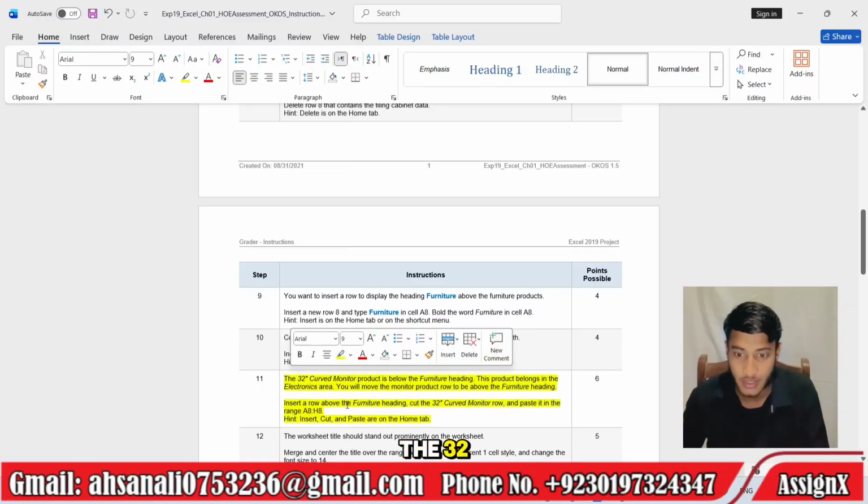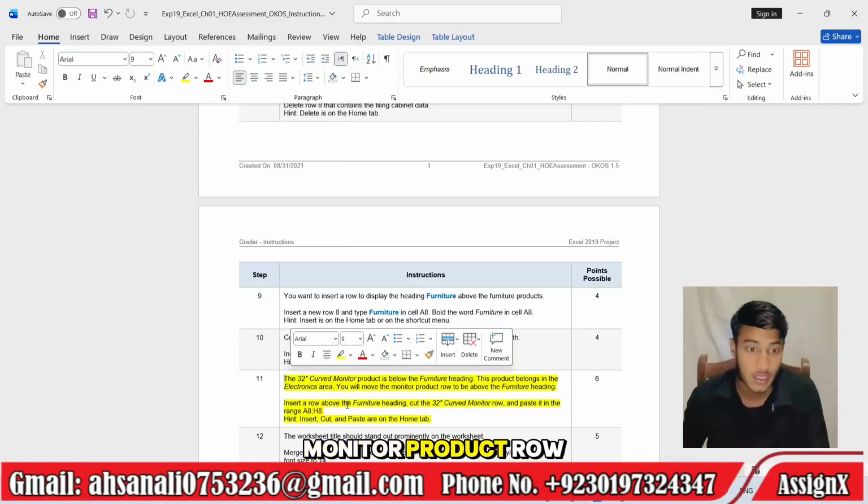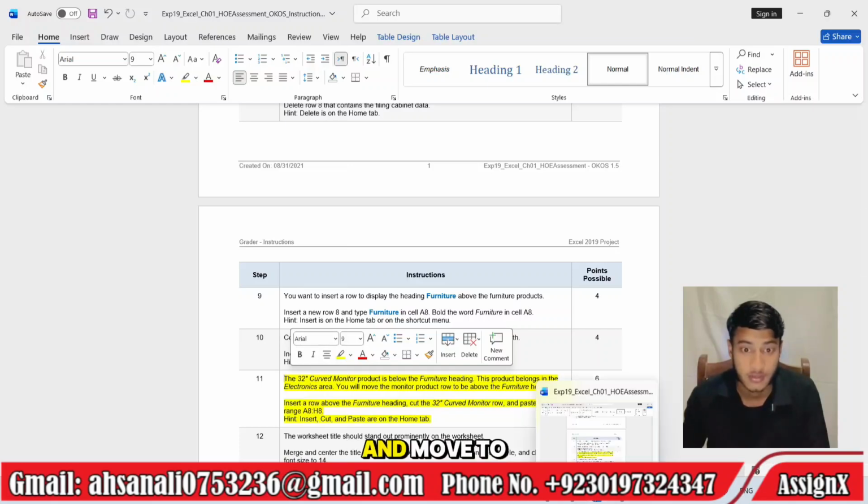The 32 curved monitor product is below the furniture heading. This product belongs in the electronics area. You will move the monitor product row to be above the furniture heading. Insert a row above the furniture heading. Cut the 32 curved monitor row and paste it in the range A8 to H8.